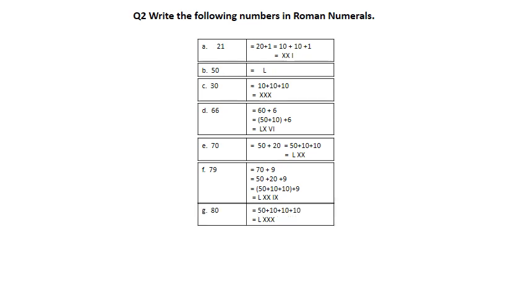Next one, 80. 80 we are going to write down as 50 plus 30, and that 30 we are going to split as 10 plus 10 plus 10. So now 50 is our basic symbol, and 10 is also a basic symbol. So directly we will write down the answer: 50 as L, X, X, X. So the value of 80 in Roman numerals is L, X, X, X.